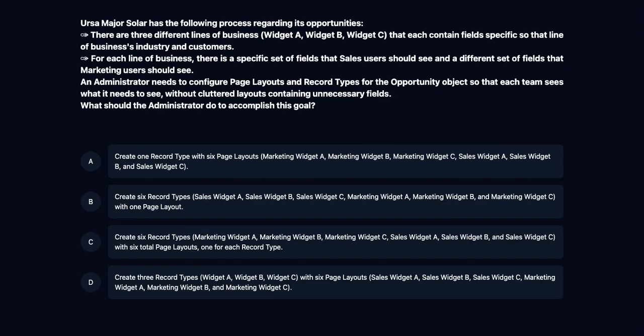Ursa Major Solar has the following process regarding its opportunities. There are 3 different lines of business, Widget A, Widget B, Widget C, that each contain specific fields, so that line of business is industry and customers. For each line of business, there is a specific set of fields that sales users should see, and a different set of fields that marketing users should see. An administrator needs to configure page layouts and record types for the opportunity object so that each team sees what it needs to see, without cluttered layouts containing